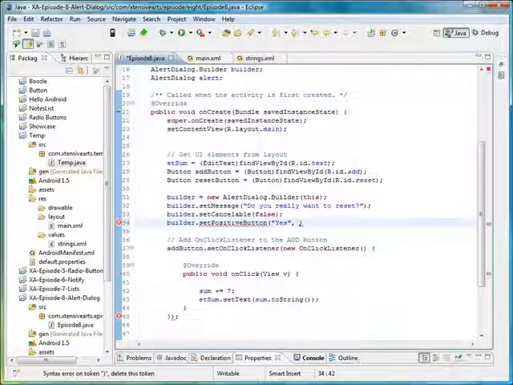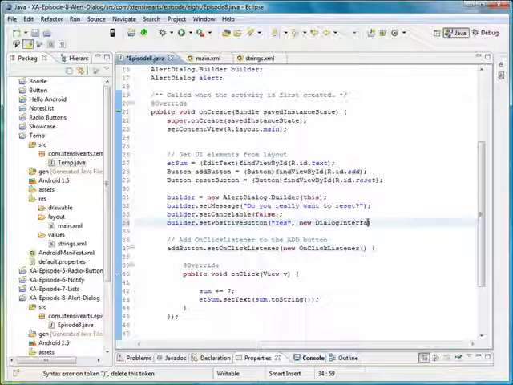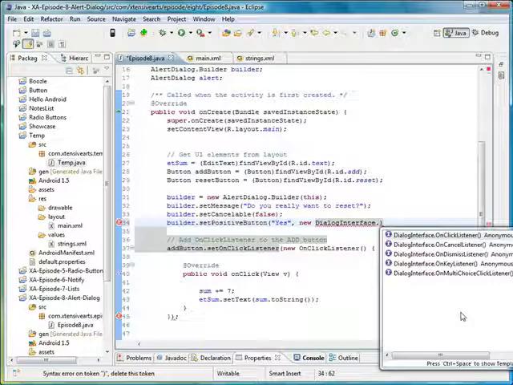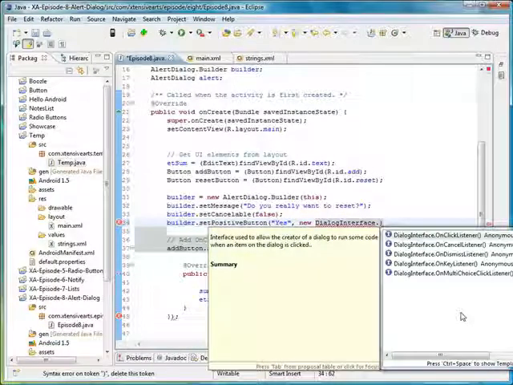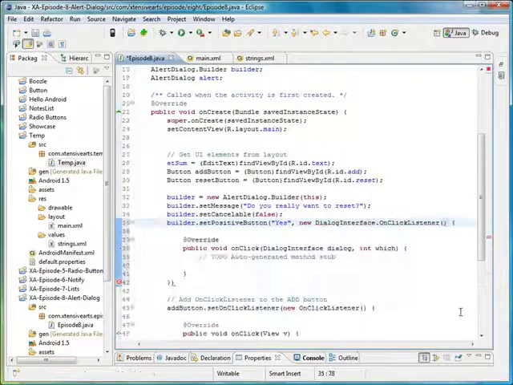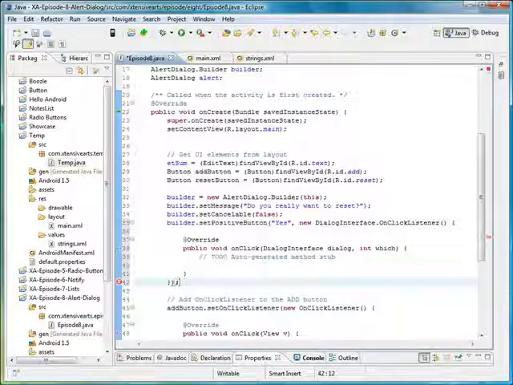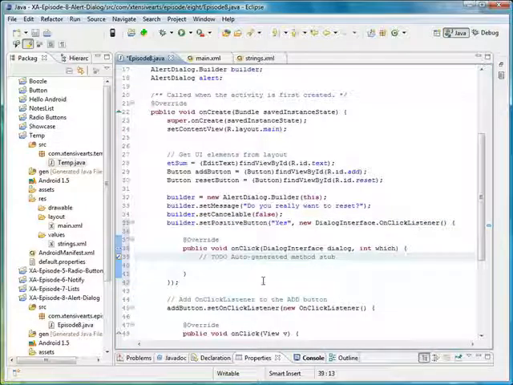So we type new DialogInterface.OnClickListener, and when you hit enter, it'll automatically create the whole method for you. Alright, simply have to add a semicolon at the end,